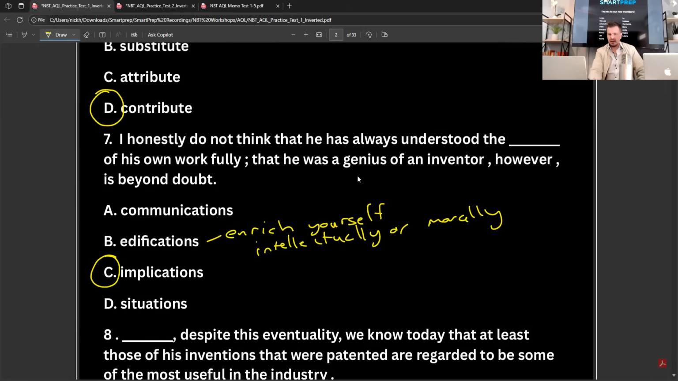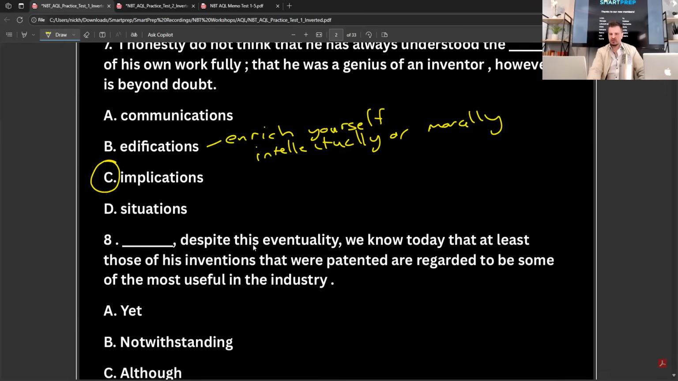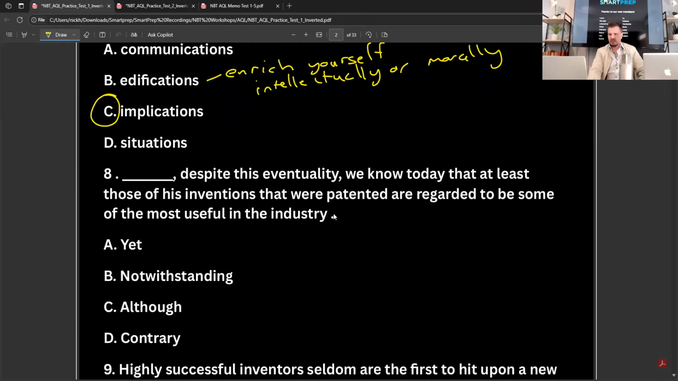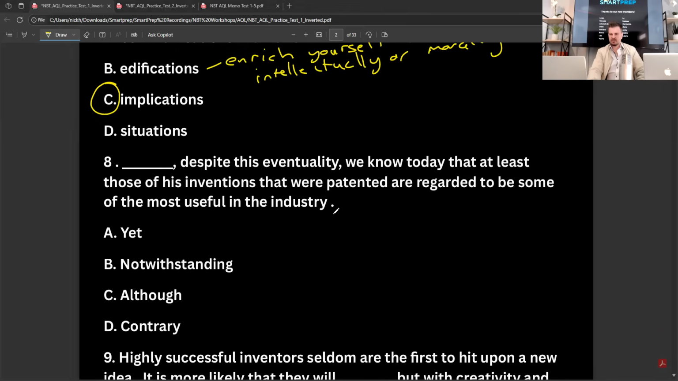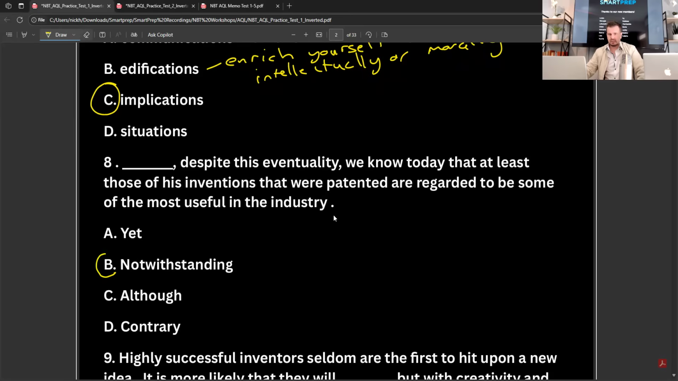All right. Now, question 8. I want you to pause this and try and do this for yourself. And just know that ChatGPT got this one wrong. Despite this intervention, so if you wanted to put a word in, one would think maybe, however, despite this eventuality, we know today that at least those of his inventions that were patented are regarded to be some of the most useful in history. Now, ChatGPT said it was B, notwithstanding, despite this. No, notwithstanding is not